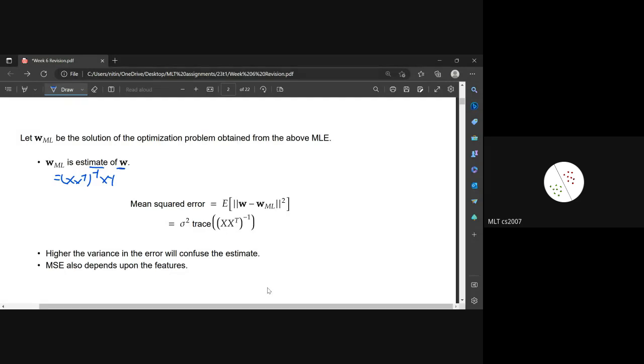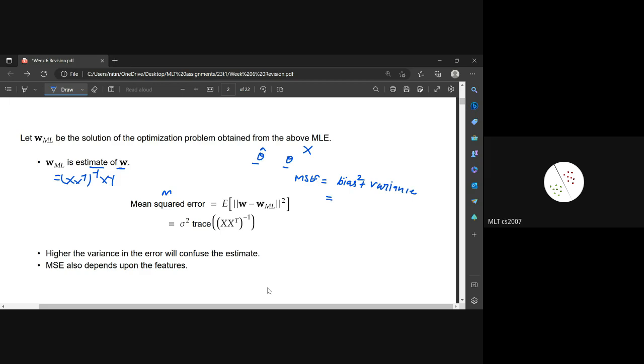So what is the mean squared error? You must have seen it for any estimator. Let's say theta cap for the parameter theta. This is the estimator for theta, and theta is the parameter for some distribution X. So what is the MSE for this estimator? How do you define that? How do you define the estimate? Variance plus bias square. Yeah, or you can say bias square plus variance, or another